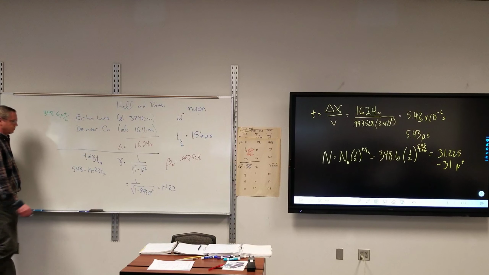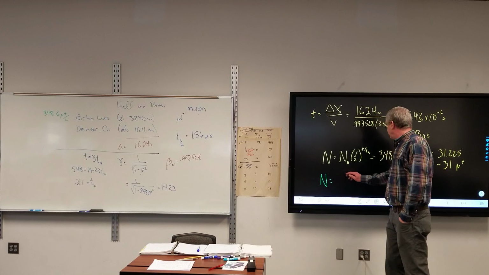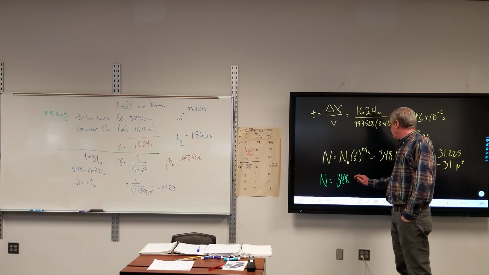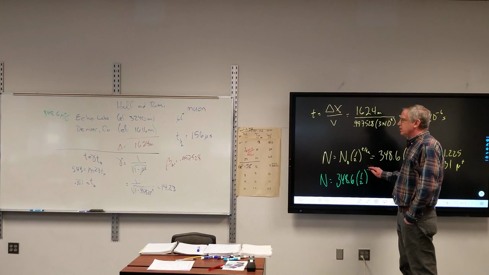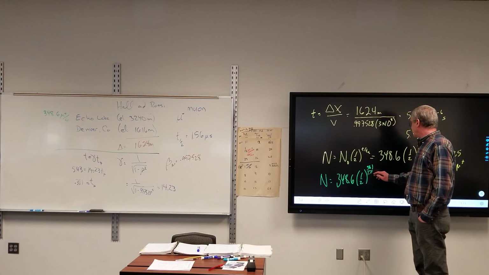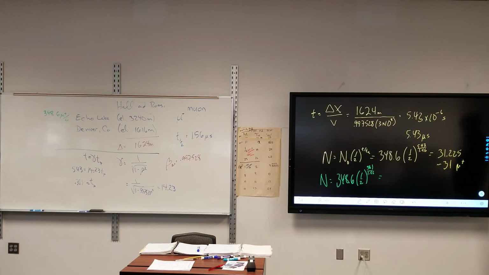So from the muon's point of view, if special relativity is true, only 0.381 microseconds passes. And by that, we end up with N is equal to 348.6 times 1/2 raised to the 0.381 over 1.56. And we end up with